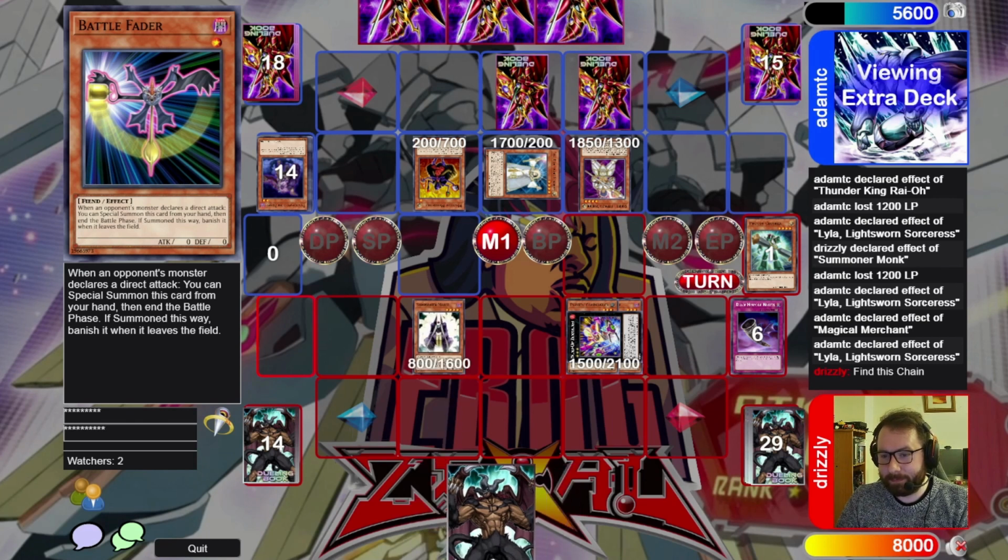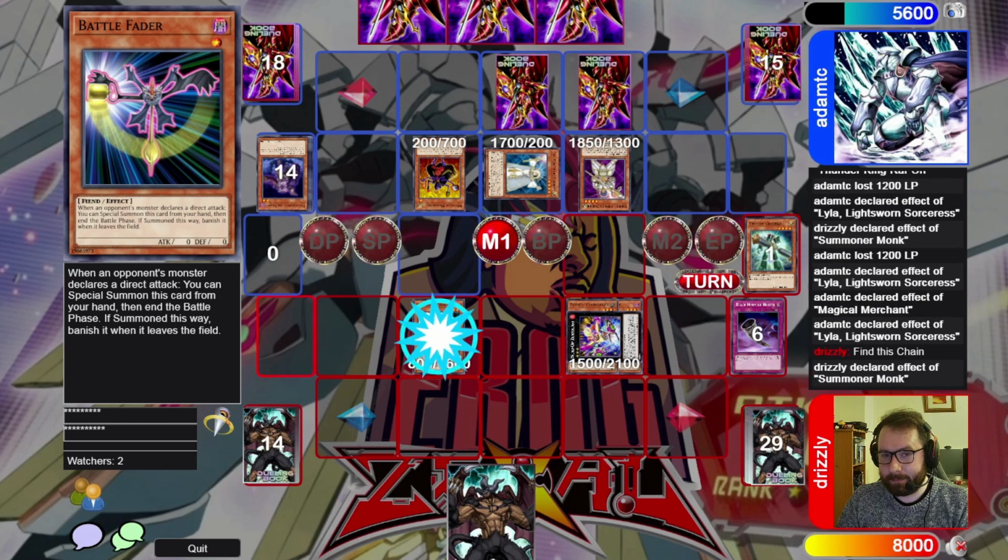I'm going to normal summon Summoner Monk again, and it activates its effect on summon. You switch it to defense. Yep, there's a response window here. That's fine. Now, is one of those back row the other Real Dimensional Prison? Is it real? Well, now...